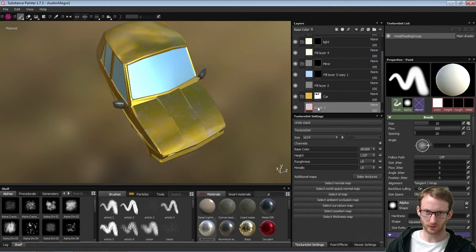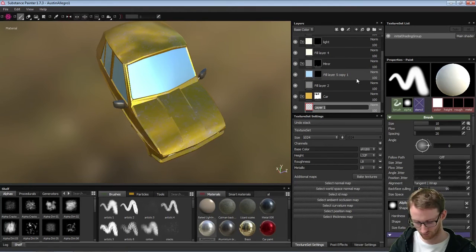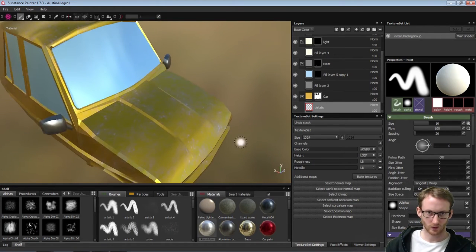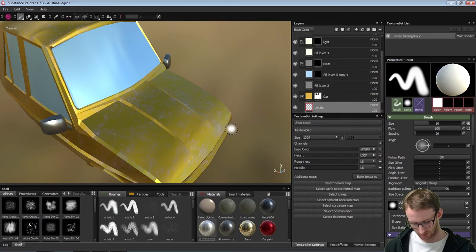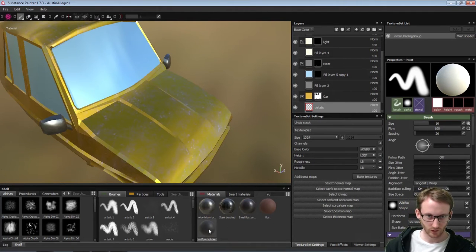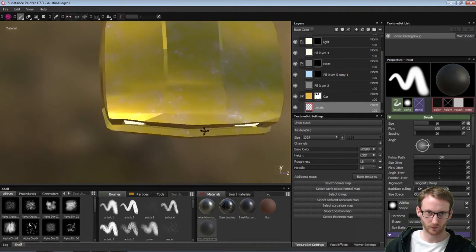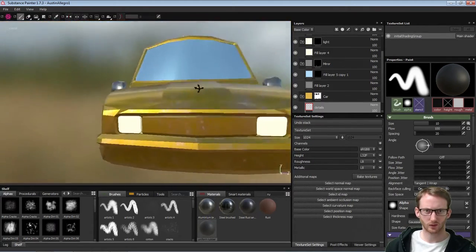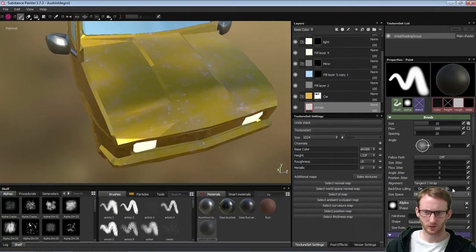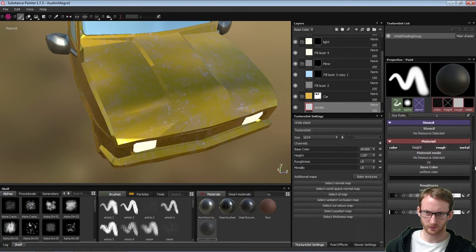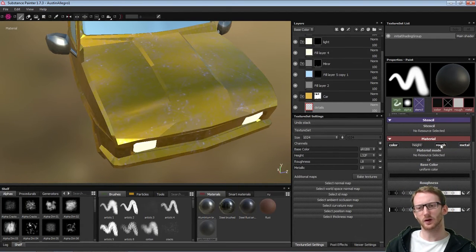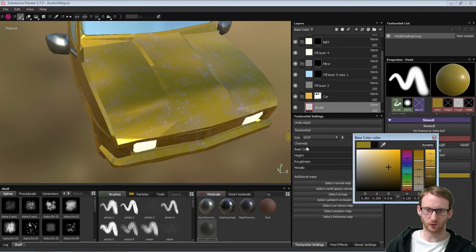So I'm adding, say, first layer, so I'm gonna just call it details. And I'm gonna use my brush that I love. It's the rubber, uniform rubber. And I'm gonna give it, the problem is here we don't want to have roughness and metallic, so I'm using rubber, it doesn't really matter. It's just we want to have some more